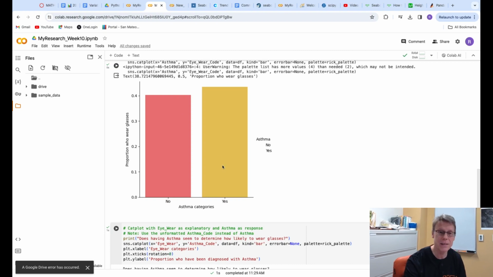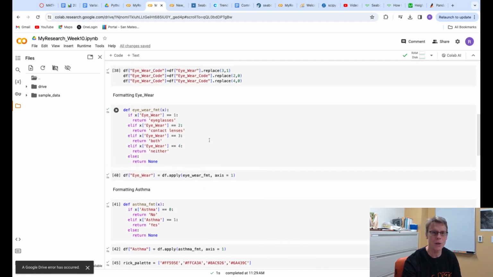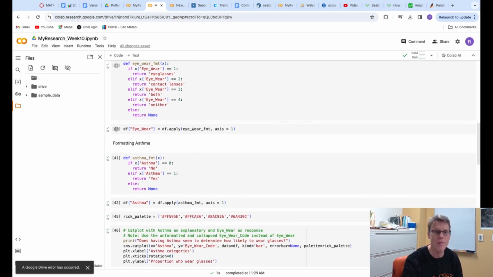Is it statistically significant? Okay, we haven't done the hypothesis tests yet. But this is ultimately what you're trying to get. And you have to make sure that before you do the formatting for a variable,